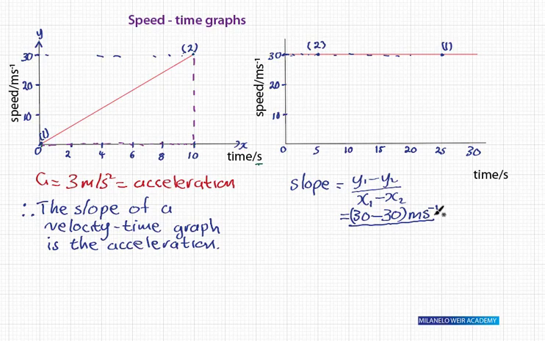Everything divided by change in x. x1 is the value of x at point 1. Where is point 1? Here is point 1. Where are the x values? Vertically downwards. Then that is 25